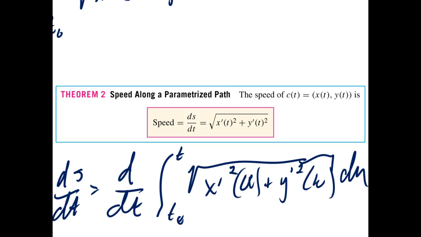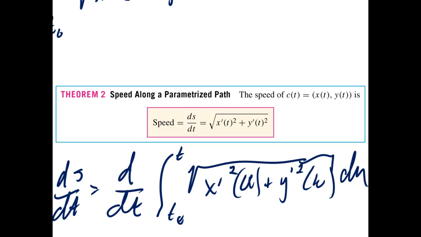The square root of your x component of the speed squared plus the y component of the speed squared, which somehow feels very reasonable, doesn't it? This is the x component of the velocity squared, and the y component of the velocity squared, you square those and take the square root of it, and you get the ds/dt. That really does feel like that ought to be right, and it is, okay? So,